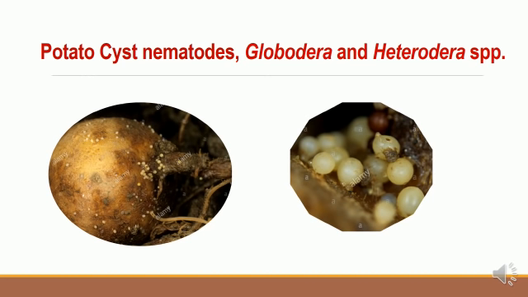These nematodes are the most important nematodes of potato and distributed in the cooler areas of subtropical and tropical regions as well as temperate regions of the world. This nematode infestation produces symptoms like stunting, yellowing and other discoloration, and wilting of the foliage under drought condition. And also early senescence is due to the infestation of this nematode.